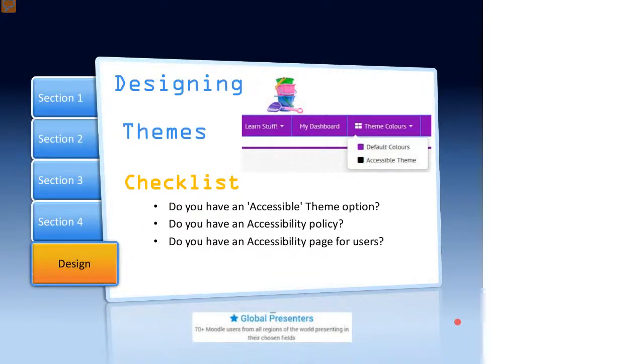Another one which you can go to is a Moodle site. I've got the link on the resources page. Have a look at the UK Met Office's Moodle site. Just bring it up now. And I'll post the link in for you. Have a look at this one. So this is an example of an accessible theme, as far as they have at least tried to look at.